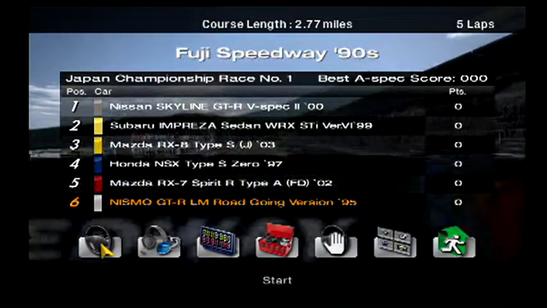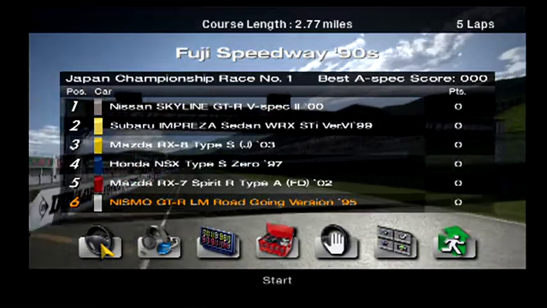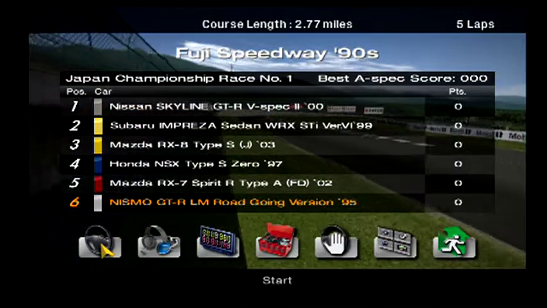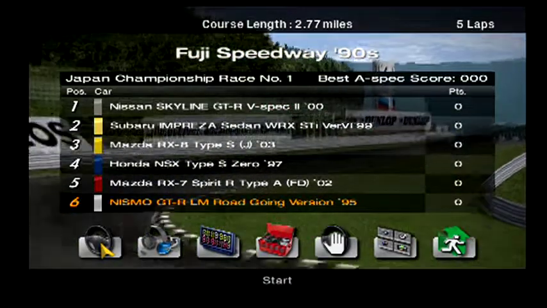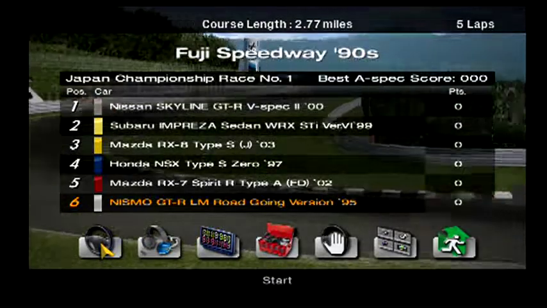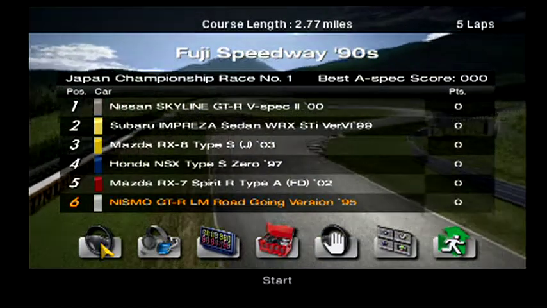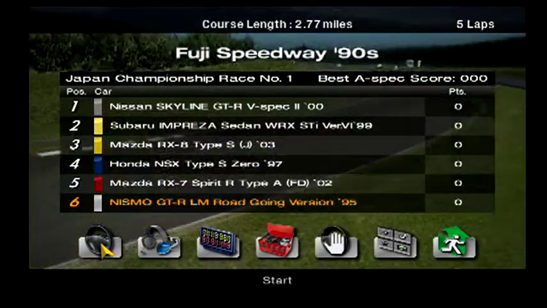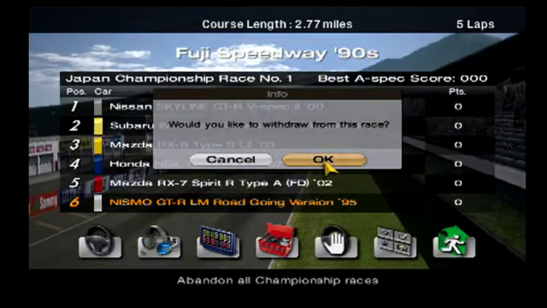Let's see, it's a Skyline GTR V-Spec 2, RX-8, NSX S0, RX-7 Spirit R. Let me look and see. I want to be able to see the cars in this. Can I not? I'm going to type in opponents. Yeah, it literally doesn't show it. Okay, so let me just do another scan. I don't think that counts as a loss to do that. But I want to just see if there's any